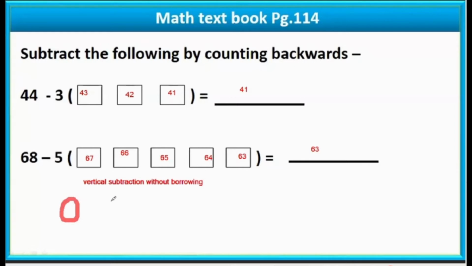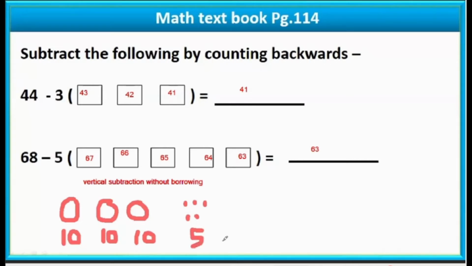30. Very good, superb. 3 sets of necklaces, yes, 30. In one set of necklace, we will be having 10. In another set of necklace, we will be having 10 more, and in another set we will be having 10 more. And she's having 5 loose beads. 1, 2, 3, 4, 5. 5 loose beads. Okay, so totally how many beads is she having? Totally she's having 35 beads.